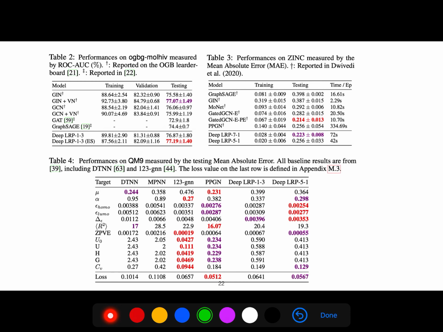This is the performance on OGBG measured by ROC-AUC. And you see for different models like graph isomorphism network, graph convolution, they compare it with their model for training, validation, and test. Also, another dataset, ZINC, you can see the results here. Also for QM9,